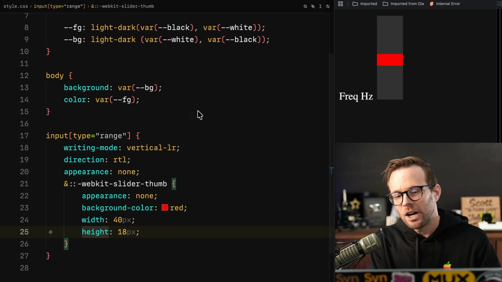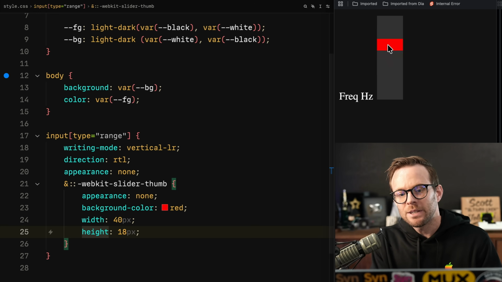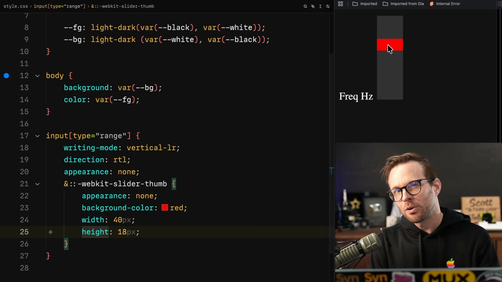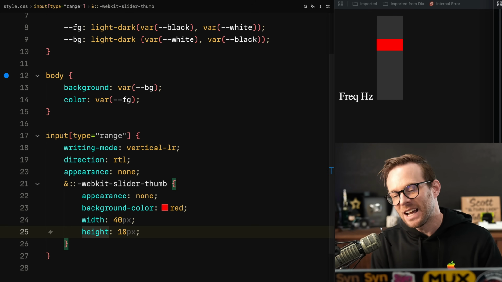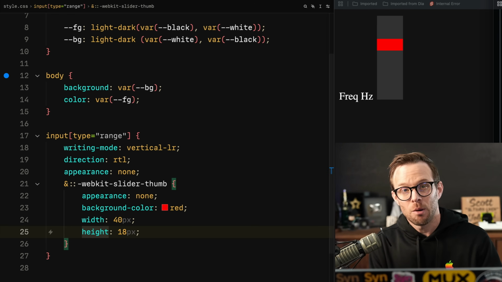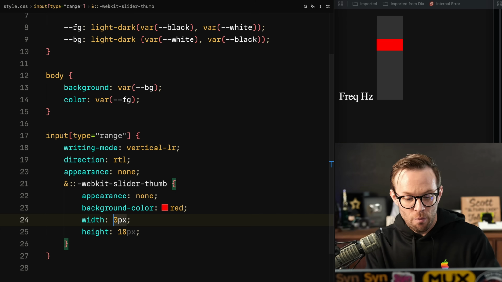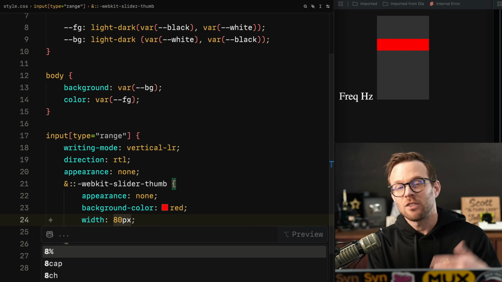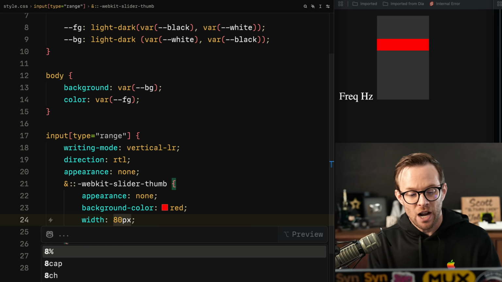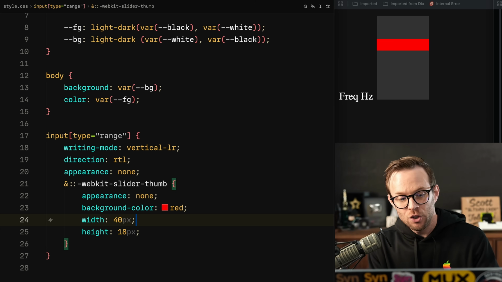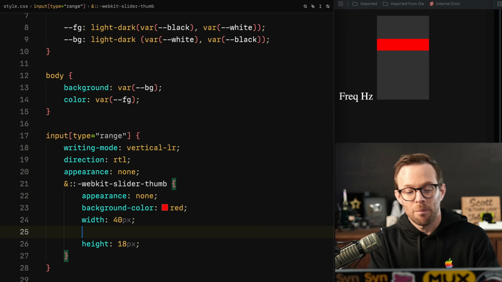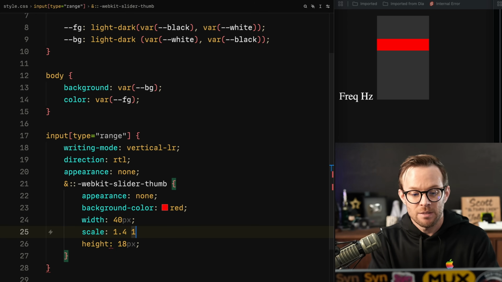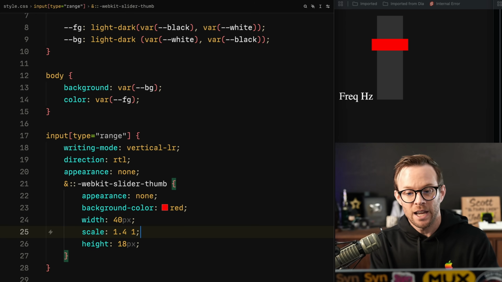So as you can see, that not only gives us a thumb, but it also extends the width of the overall track. And this could prove to be an issue for us if we're going to be styling the track and having the thumb wider than the track, because no matter what you do here, extending the width of this thing is always going to push the track wider. So a solution to that is to use the scale property. We can scale this bad boy by 1.4 on the X dimension, keep it 1 on the Y, and now